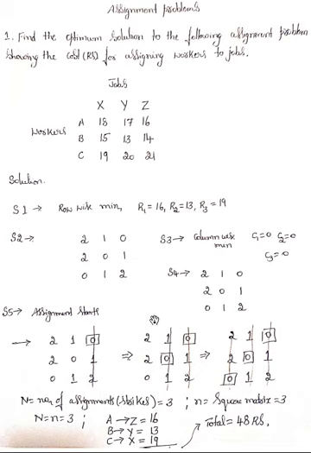When you follow this procedure, we found that the number of assigned boxes is 3. That is written here: number of assigned boxes is 3 and the size of the matrix is also 3. When these two things are balanced, the solution is completed. Then how to read the solution: worker A has been assigned to Z, because the 0 has been assigned within that particular box. So how to read it means A to Z. That means worker A should be assigned to job location Z, worker B to job location Y, and worker C to job location X.